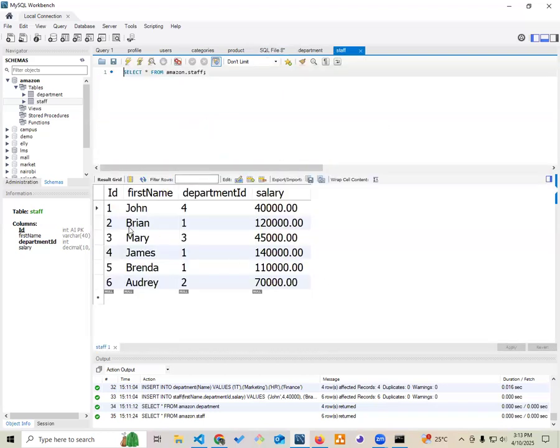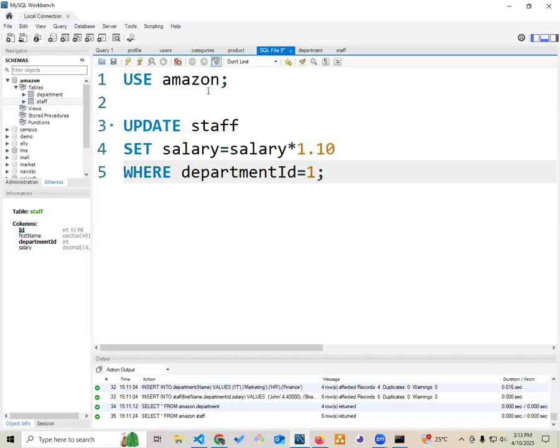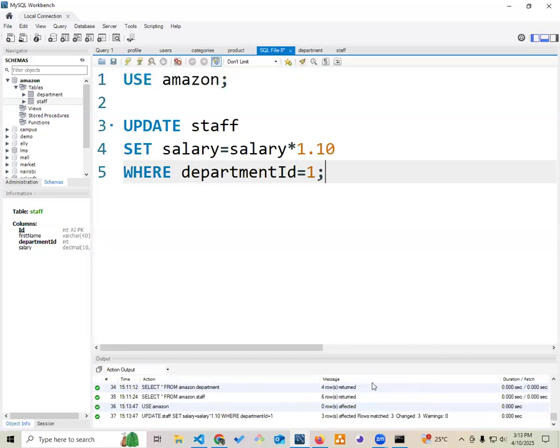Initially, please take note of Brian's salary is 120,000. Audrey is not in the IT. Brenda is 110 and James 140. So if I execute this and then try to retrieve everything from staff,